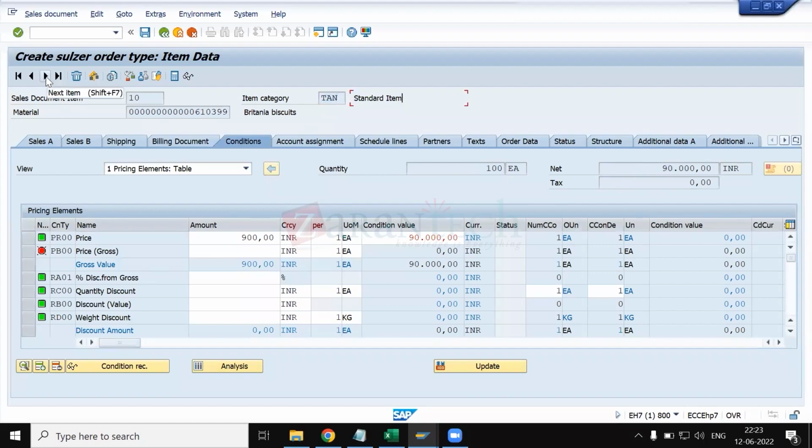Now I will move to the next item. Here you can see the item category is TANN, which is free of charge, right? And even though my price was PR00 and the condition record existed, with 10 quantity the system gave me the net price as 0. Why? Because of the item category behavior, TANN. So whenever TANN is there,